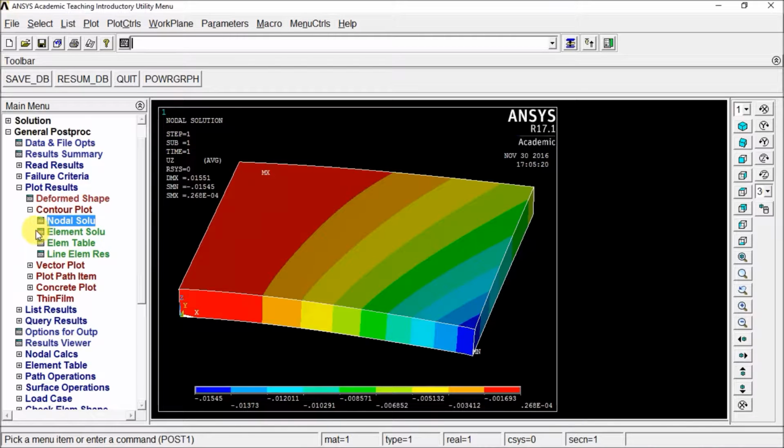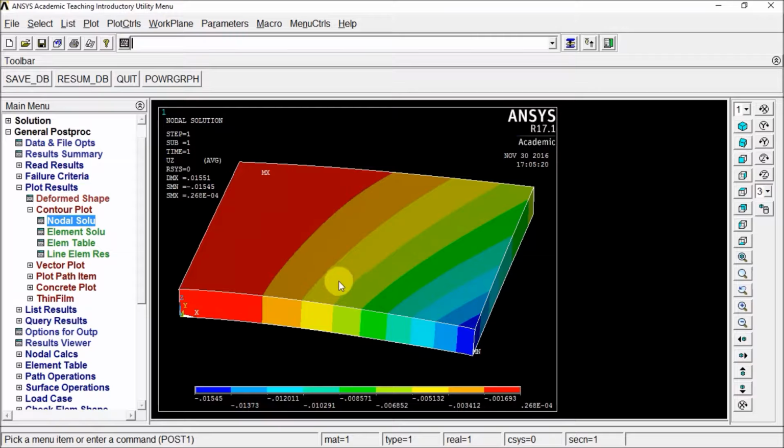Alright, so those are the main types of plots you're going to use. So let's say I wanted to make a really good looking plot of this. Obviously this is a very simple square, but if I had a complex model and I wanted it to look clean and have good colors and good lines, what I could do,